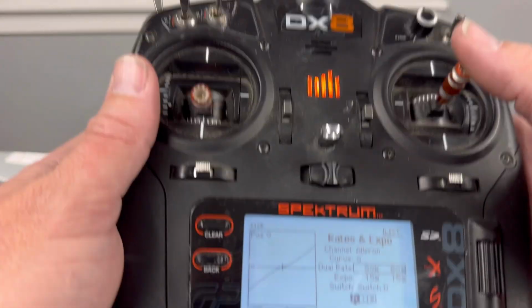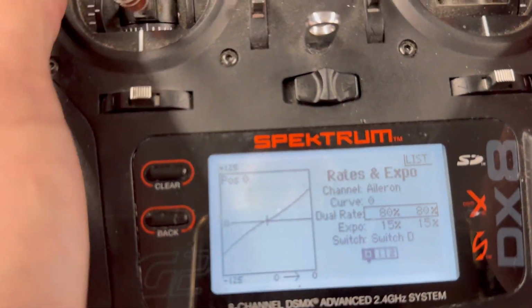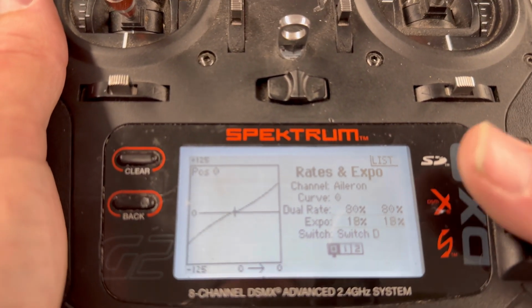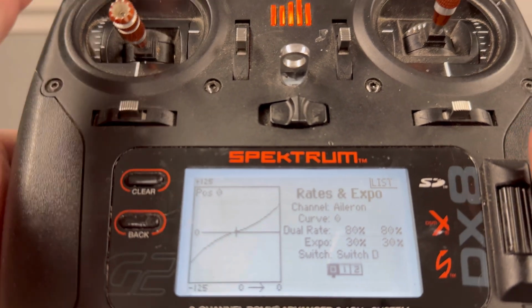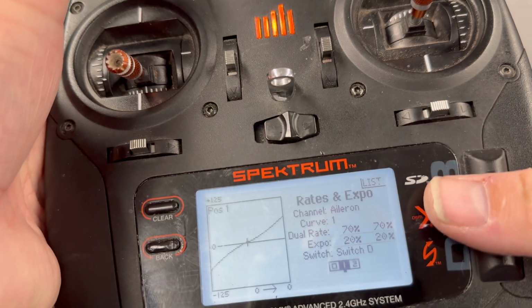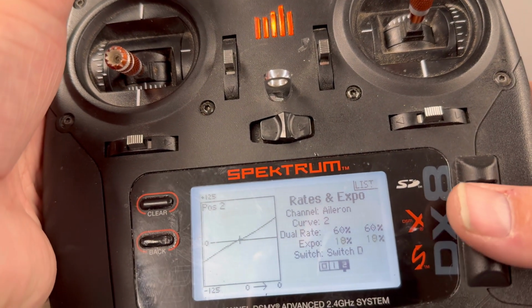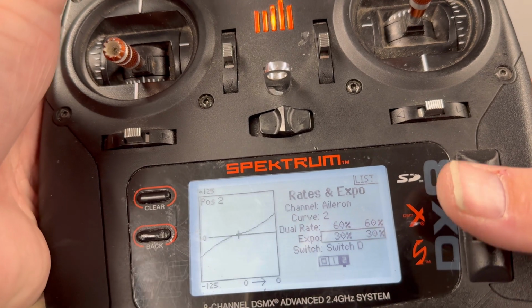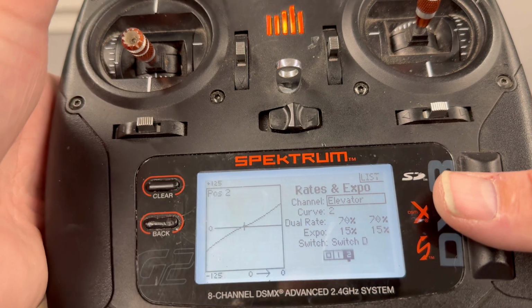wings out, okay? All right, so this is a little hard holding this in front of the screen like this. I recommend about 30 on your expos, even on all the small ones. 30 is a good number on there. It makes it to where you don't get any effect on the other surfaces. Okay, now we're going to go elevator. Okay, on the elevator,